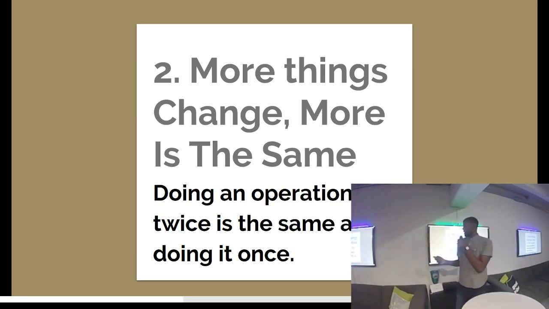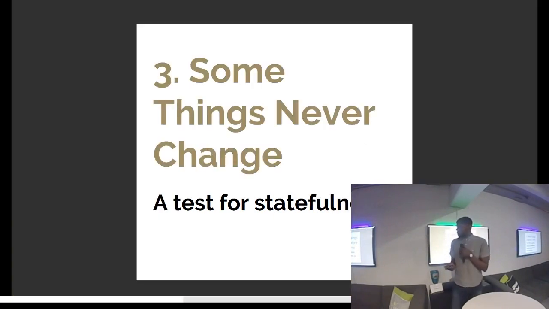The next pattern is the more things change, the more they stay the same. With this pattern, doing the same operation twice ends up with the same result. A good example of this is sorting a list. Once you've sorted a list and then you run the sorting algorithm against it again, you end up with the same result. So this is another good way to find a property that's always true: sorting something twice and then verifying that things don't change.